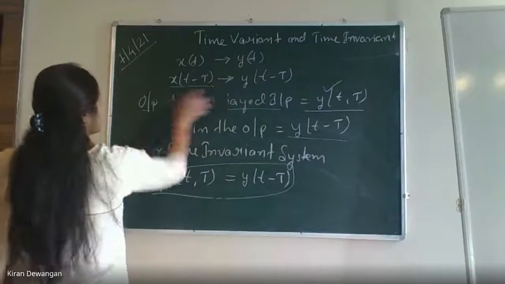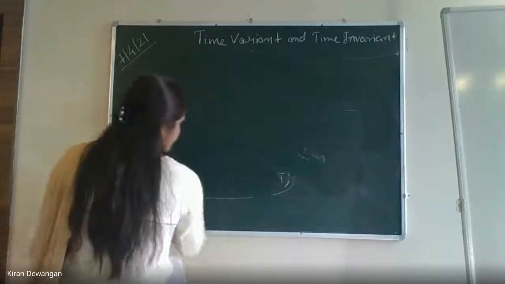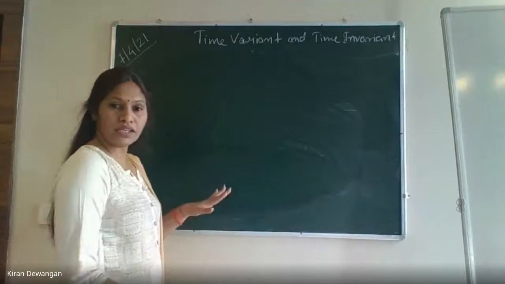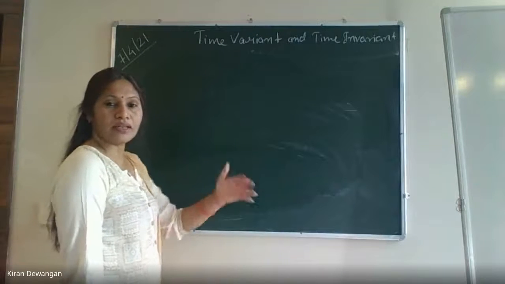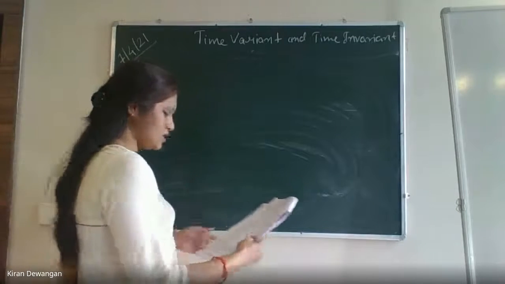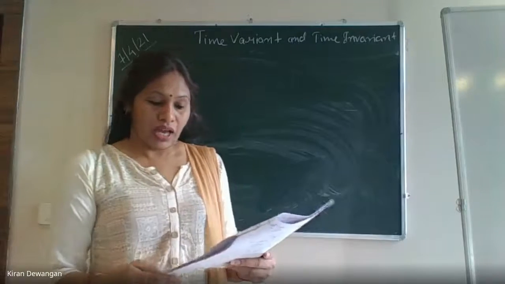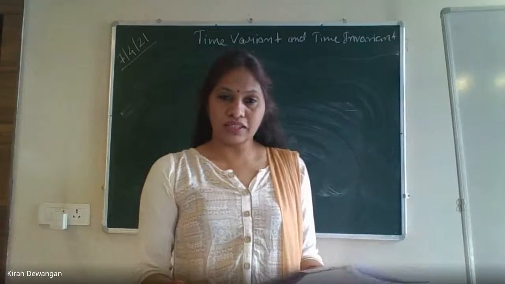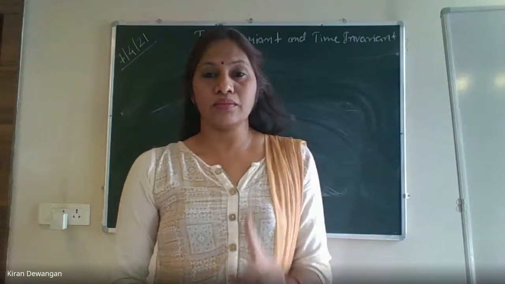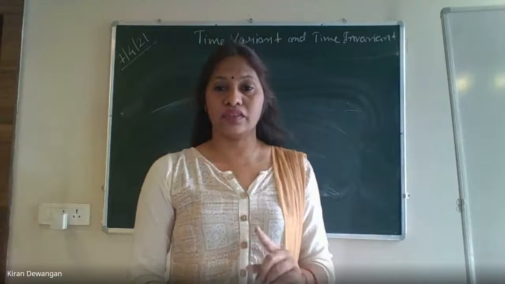So let's check with the question when it is a time invariant system. In case of discrete also the same condition is applicable, in terms of n. So n minus capital N हम apply करेंगे और उसके according we will find out. Now for a continuous time system, there are a few points that we need to remember. If the continuous time system is described by a differential equation, I guess we have discussed in the previous class, what do we check? We check the coefficient of the differential term.